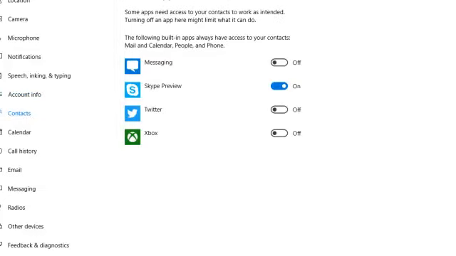Contacts. Oh, this is a privacy statement. We will only share your contact information with people who are paying us the right amount of money for it. Choose applications that can access contacts. Messaging. No, don't need them to go on my contacts. Skype. Skype preview. No, I don't need it. Not at the moment. If I go into Skype, I'll get the choices in there, so I don't need them